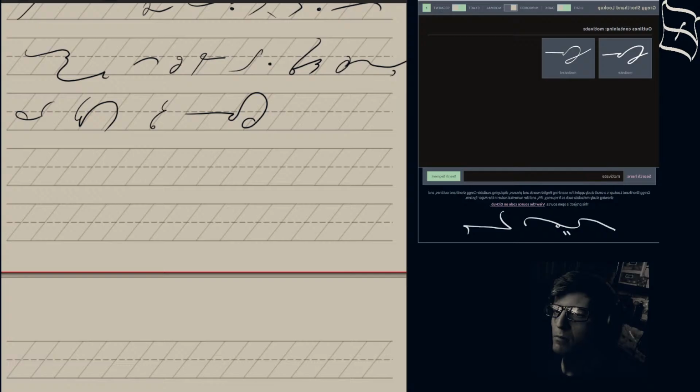Motivate, and then motivated is just the longer stroke. So that's good to know. Oh, undo. And this is motivate. Undo. Motivate